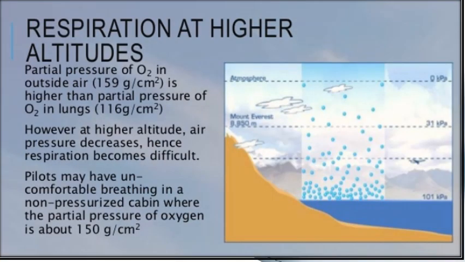Now here the next application is the respiration at higher altitudes. अच्छा सोचें ज़रा, normally air में से respiration के लिए हमें कौन सी गैस required है? That is oxygen gas required. जो system रखा है, according to that, inside and outside the lungs there should be a difference of the pressure of oxygen so that oxygen can move in, lungs में जा सके। ठीक है, so here it is given the pressure in air, that one is oxygen का 159 ग्राम पर सेंटीमीटर स्क्वायर, जबकि lungs में pressure है 116 ग्राम पर सेंटीमीटर स्क्वायर। तो क्या होगा, high pressure से low pressure की तरफ गैस move करेगी।